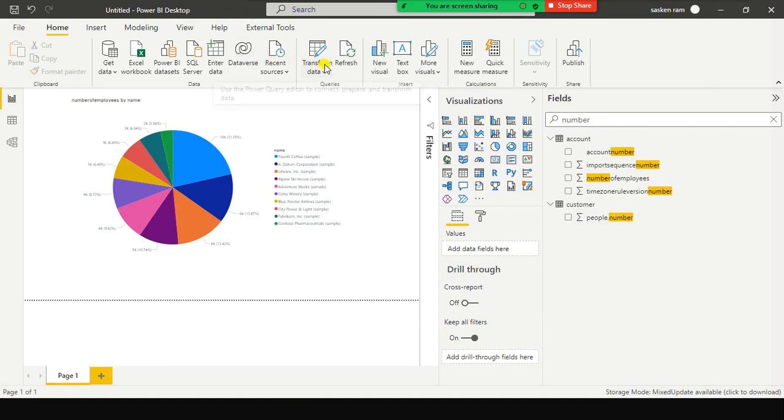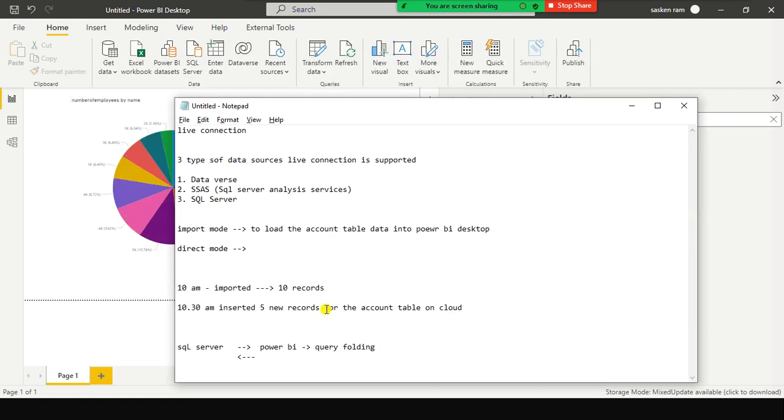Even if you do the data merging in the Power BI query editor, Power BI is smart enough. It is an inbuilt feature, you don't have to do anything. What Power BI does is, with this feature,